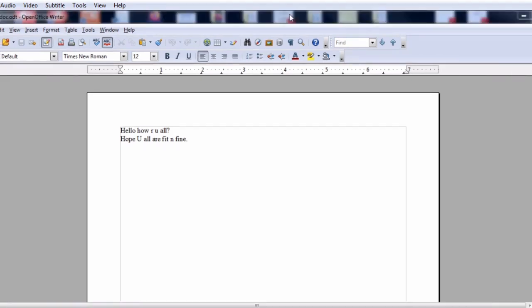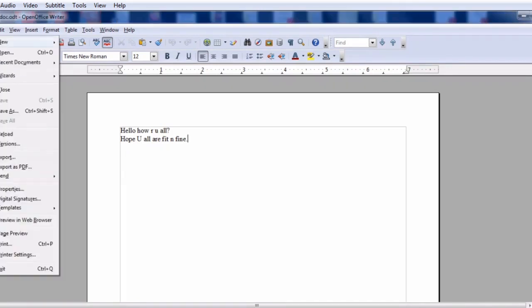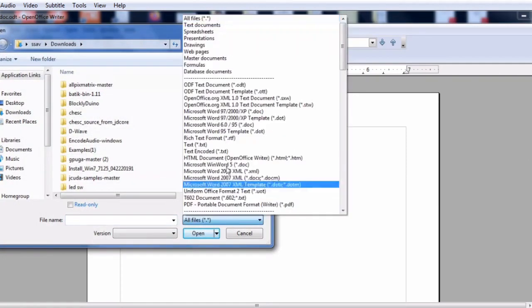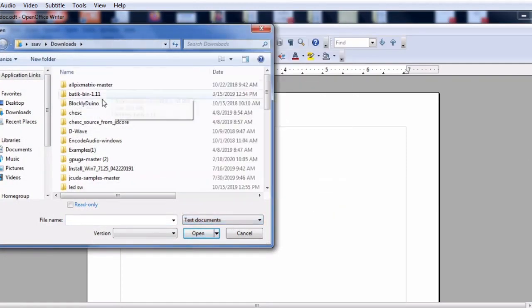Now we will see the difference between Save and Save As. This is my first doc file, and here in the menu you can see Save and Save As. Two options are there. Save you can call with the help of Ctrl plus S, and Save As with Ctrl plus Shift plus S. These are the shortcuts to call them. Now we will open our second file, that is second doc.